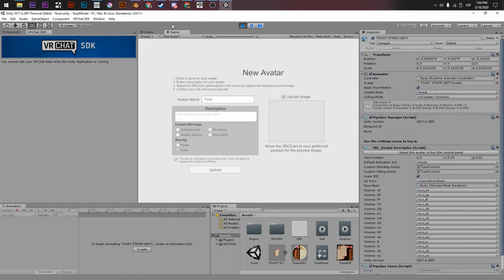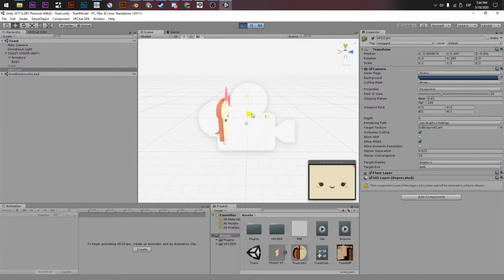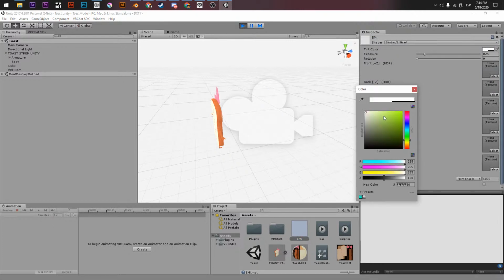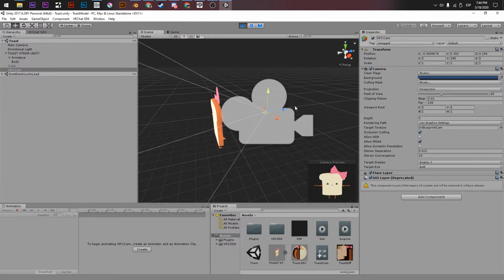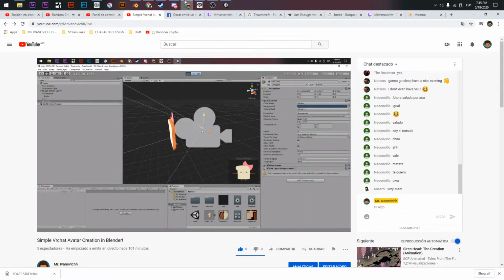Public, and in the scene file I have to select the VRChat camera, move it, so you can see. Maybe the white background is helping. And load. Wait a little bit and it will be ready. Thanks, Amy. Let's see the